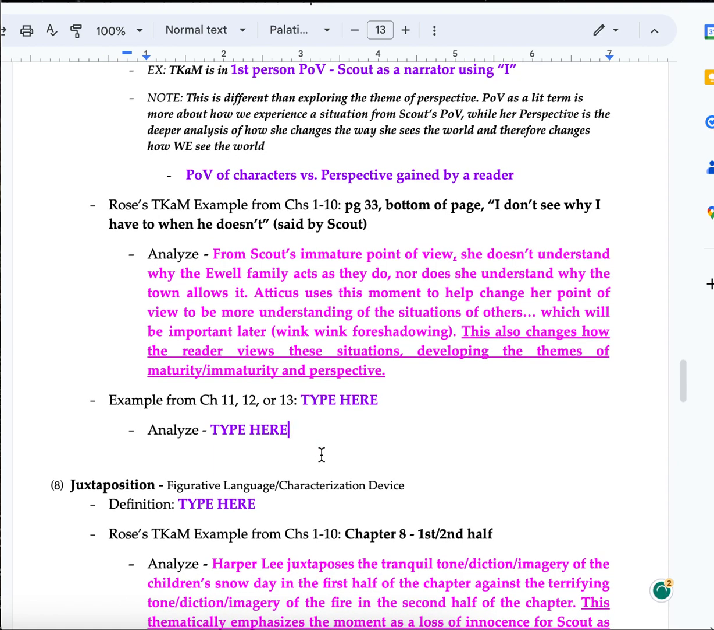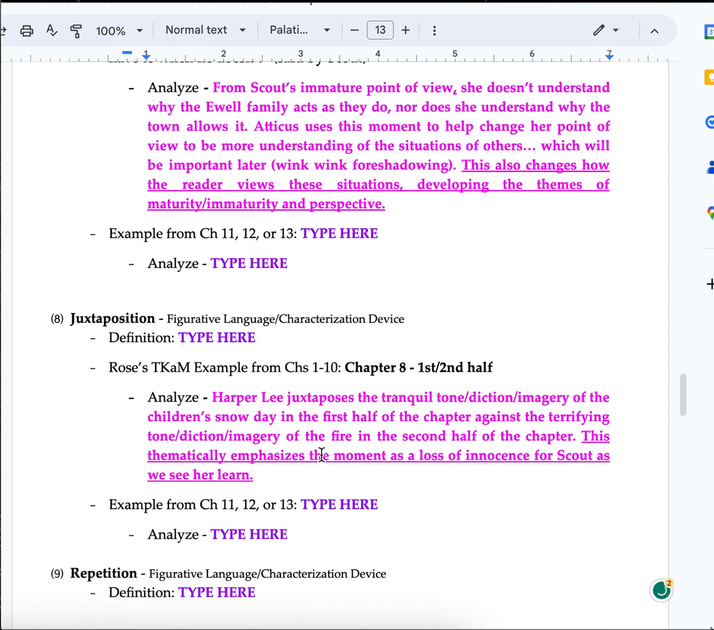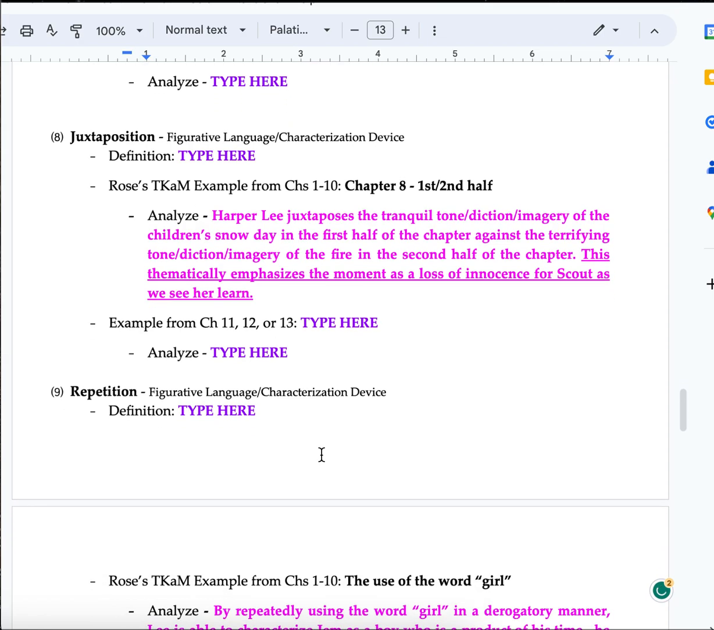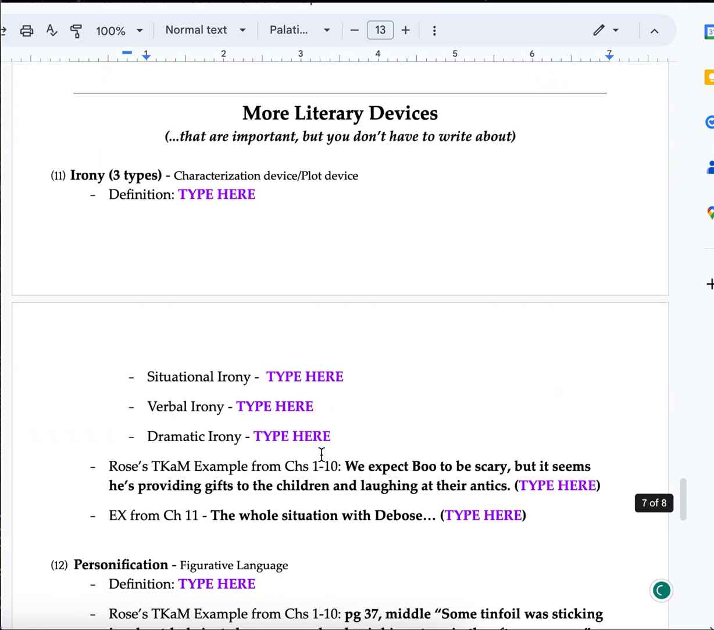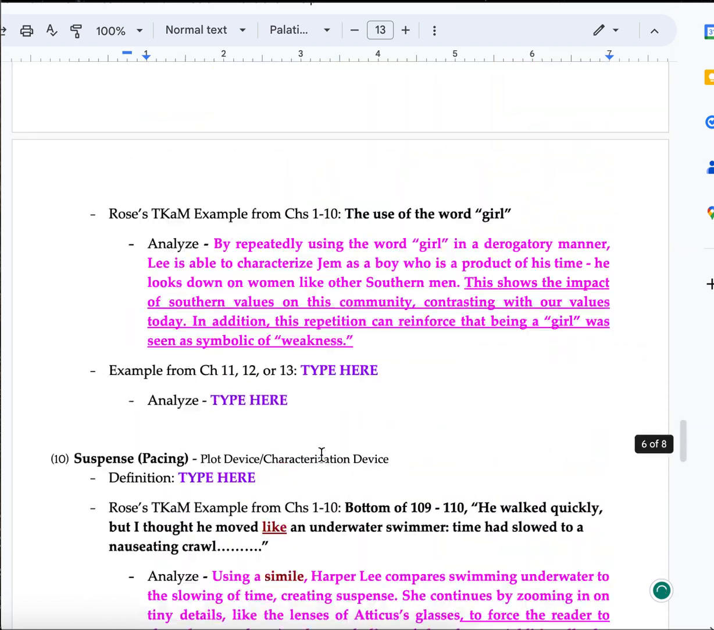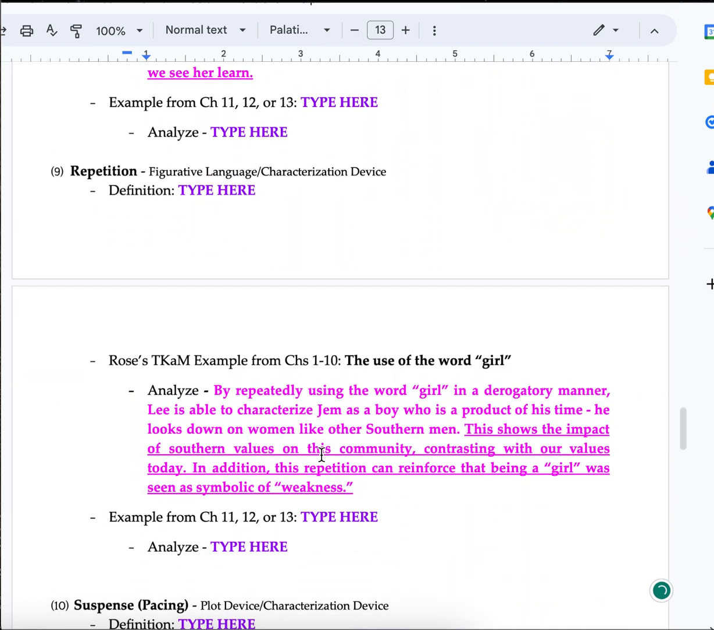Okay, so that is all for today's. We still have 3 more literary devices to go, as well as some extra notes that we'll just type together in the next video. In that final video, I'm going to go over the rubric at the bottom of this assignment